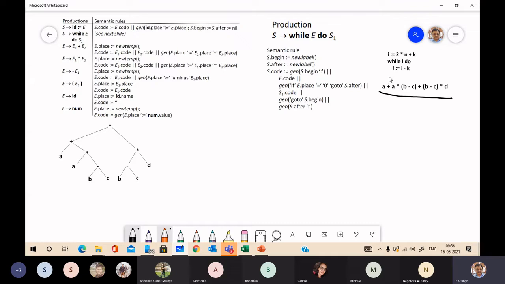It will take action. When A is shifted and reduced to E, it will perform this. It doesn't have any code, but the ID name gets associated with this E.